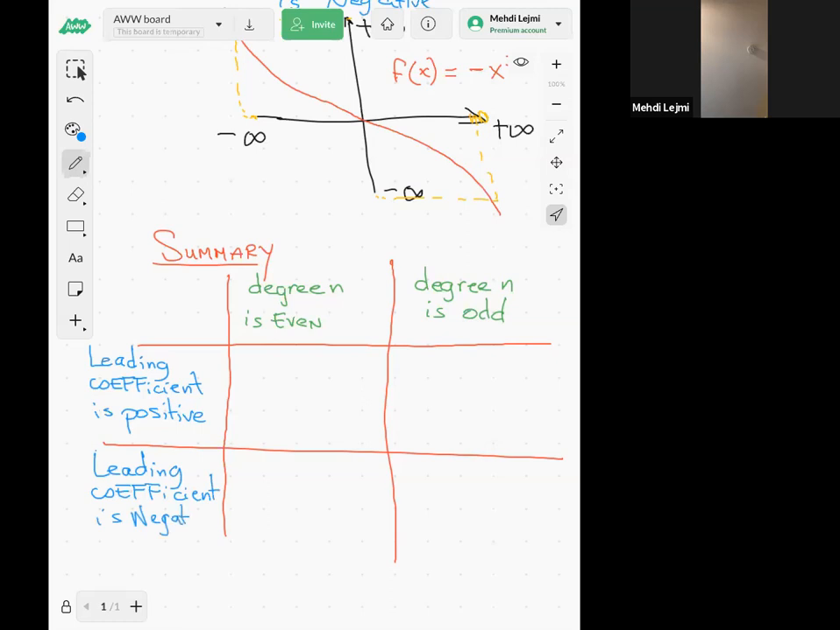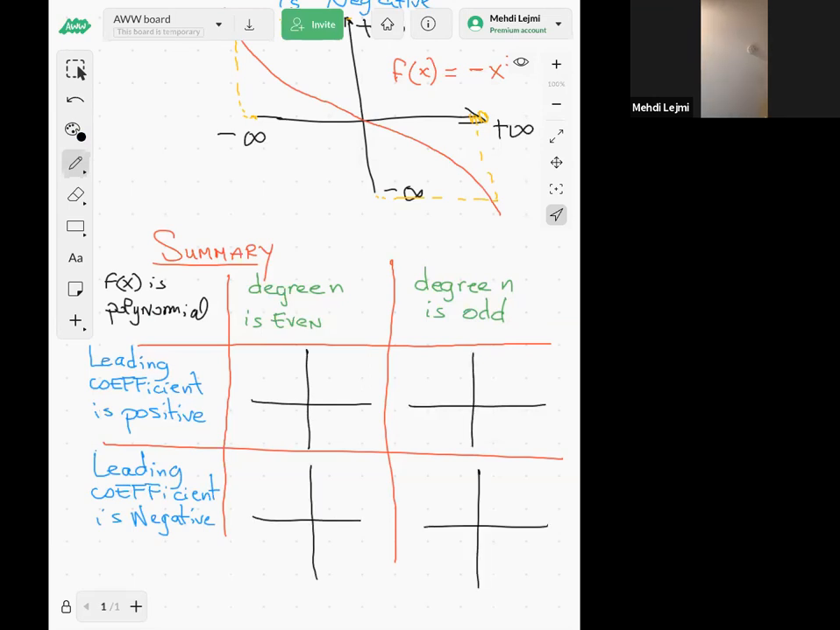Anyway, so what we are saying, guys, is that if you want to graph, here's your f of x. F of x is supposed to be a polynomial, right? So if you want to graph your polynomial, we have these 4 cases. The first case is when the degree is even and leading coefficient is positive, like positive x squared. Then at infinity,